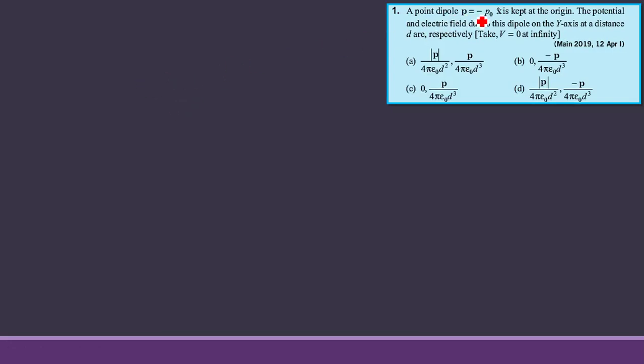See, a dipole is nothing but two equal and opposite charges separated by a small distance. It is given minus x cap. So he is telling us the direction of the dipole is minus, and we know the direction of a dipole is from minus q to plus q. So he is asking the potential and electric field,